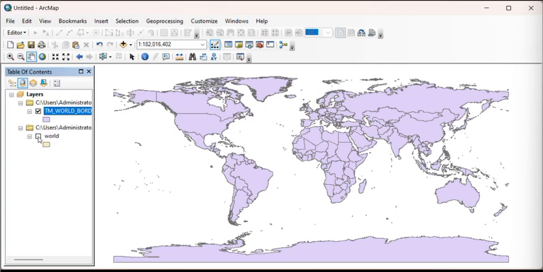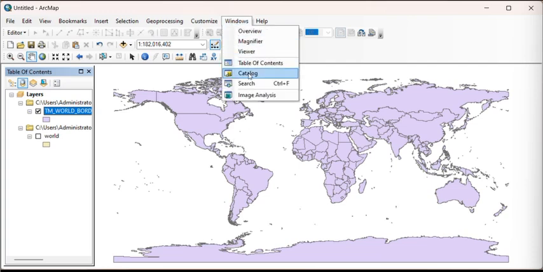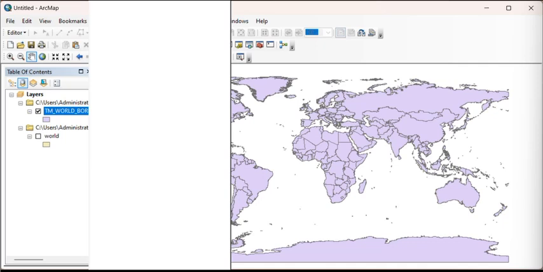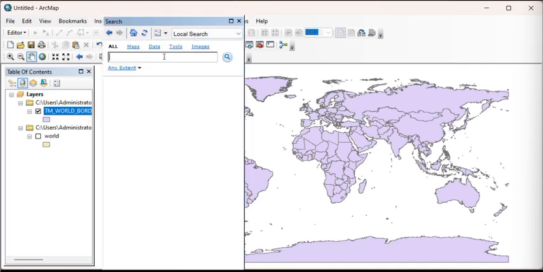So I can turn off the word shapefile, and you can see that the boundaries are shown here. So the next step, since the only line feature that we have are all polygons, I'm going to show you how to convert polygons to line features. So we shall go to Windows, then search, then on this table you shall type polygon